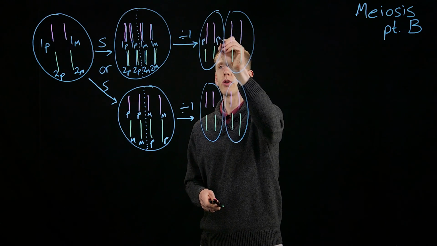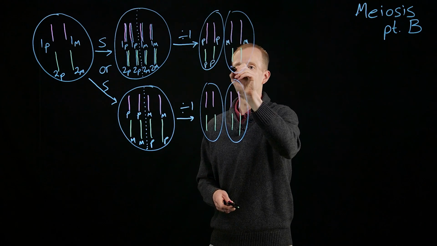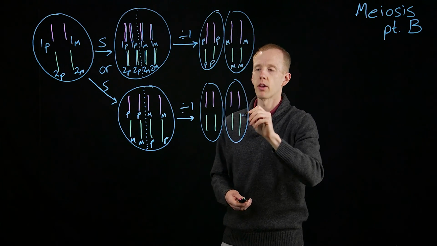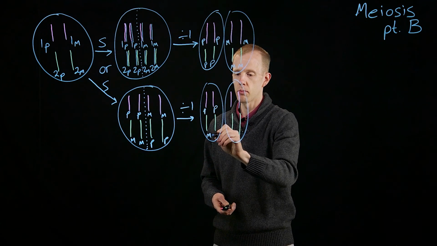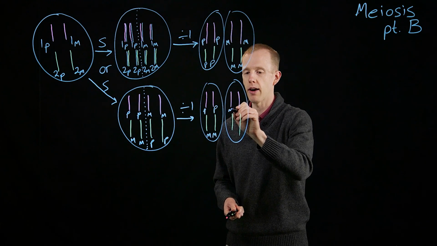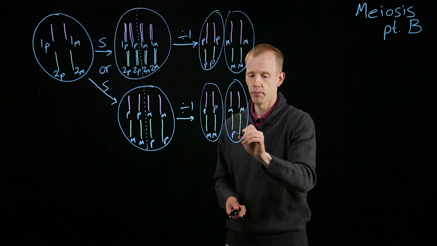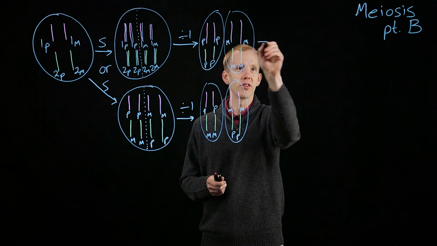We have the paternal versions of chromosome 1 and the maternal, paternal, maternal. And the opposite again here. I'm just being explicit about what these cells and their haplotypes and genotypes look like after the first division of meiosis. Now, here's where the real difference occurs